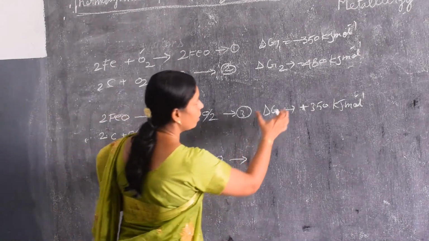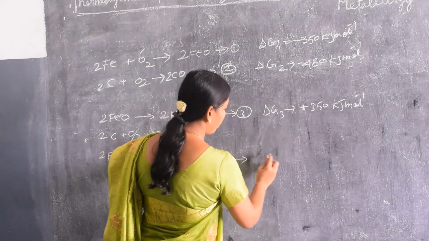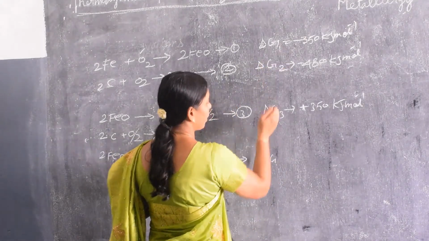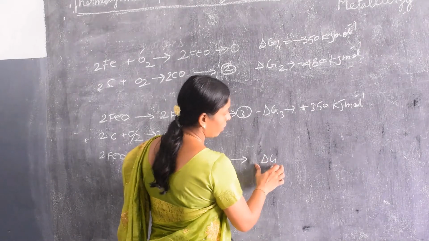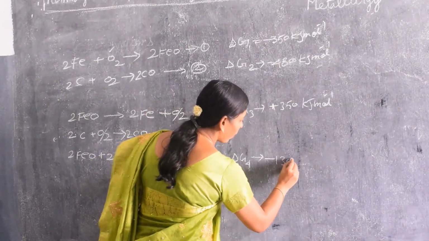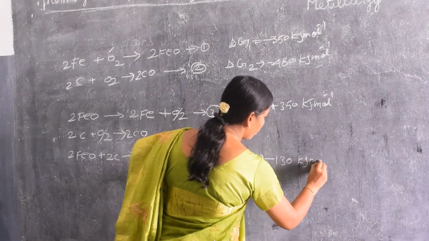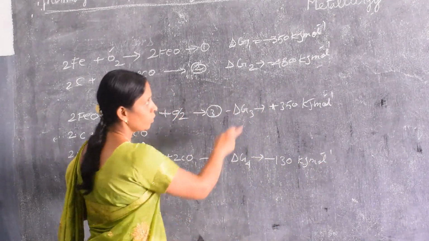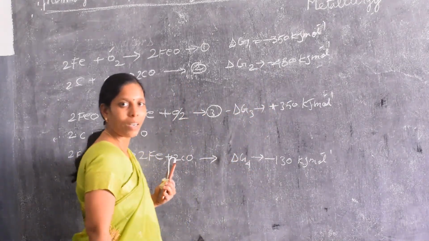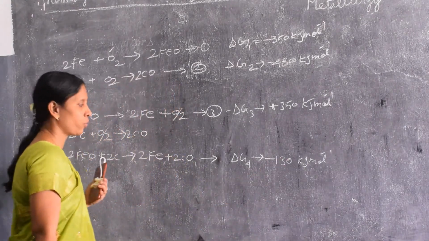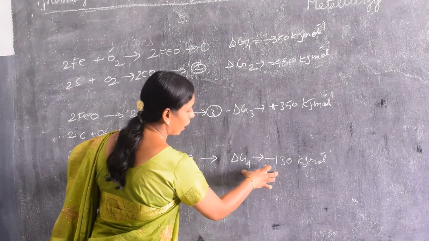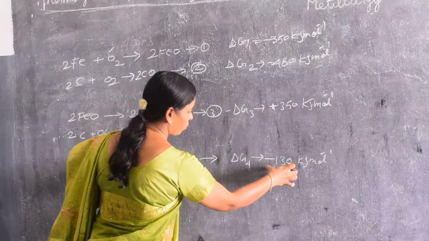So this reaction பார்த்தீங்கன்னா 480 -350. So delta G, the reverse reaction minus delta G3. So delta G4, it is -130 kilojoule mole power -1. So -480 plus 350 remaining -130 kilojoule mole power -1. So this change in free energy value is -130 kilojoule mole per -1 for 2